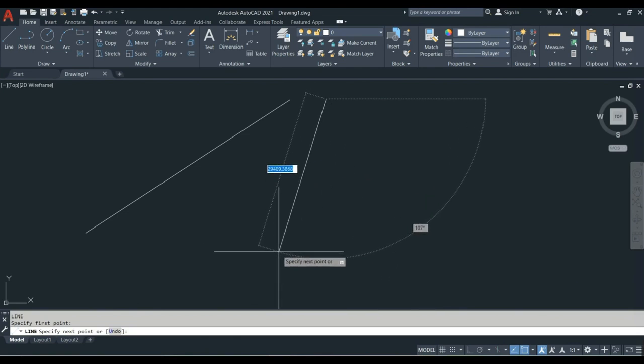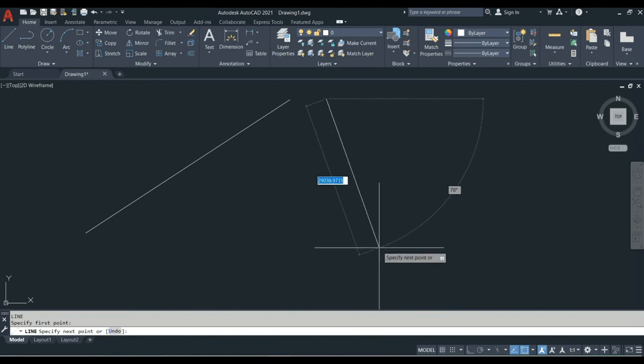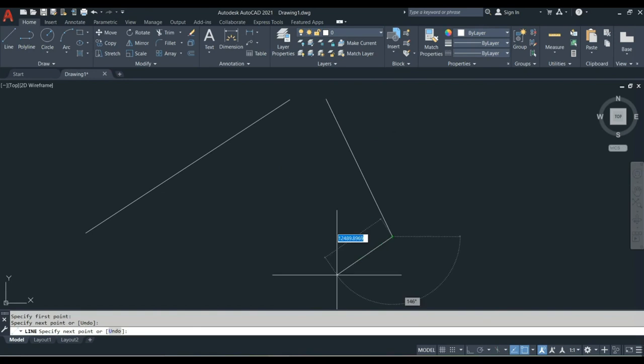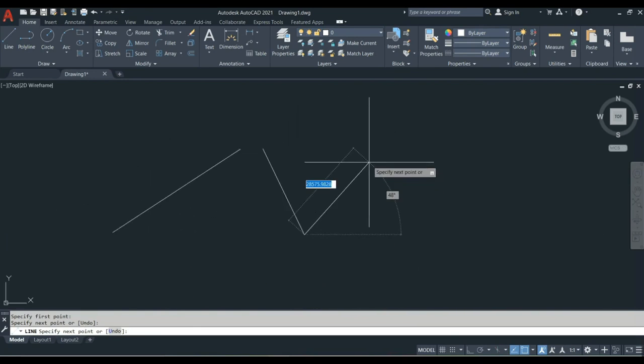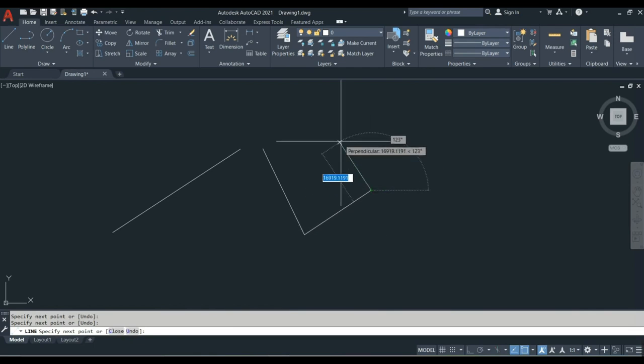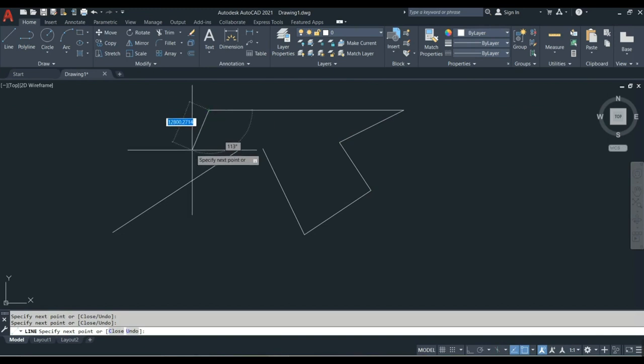Again you can specify the length and the angle like we did in our previous technique, or else click anywhere on the screen. So here my line has been created. If I want, I can create another line also like this, anywhere, and then Escape. So my lines are created.